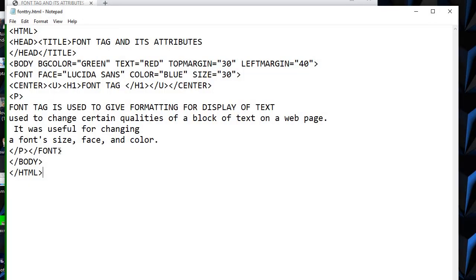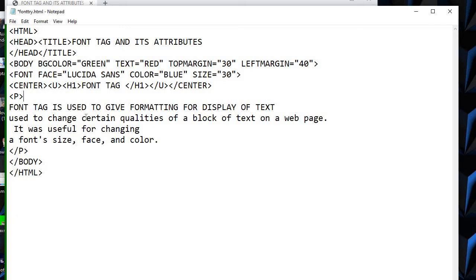Coming back to the notepad, suppose I remove font from here. I'm not liking that the heading and the text are coming in the same color, same style. I want to change that. Remember, this was H1, so H1 is already a bigger size, and on that, 30 is a still bigger size.